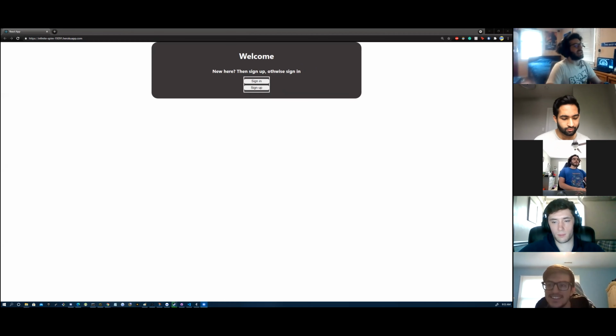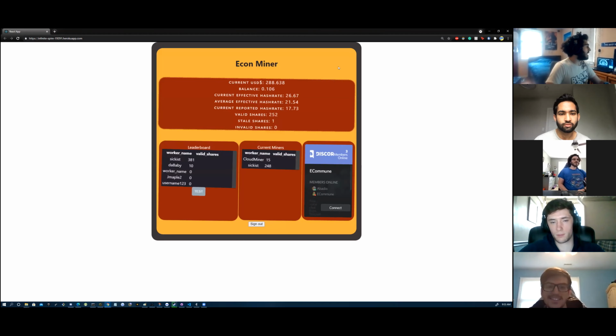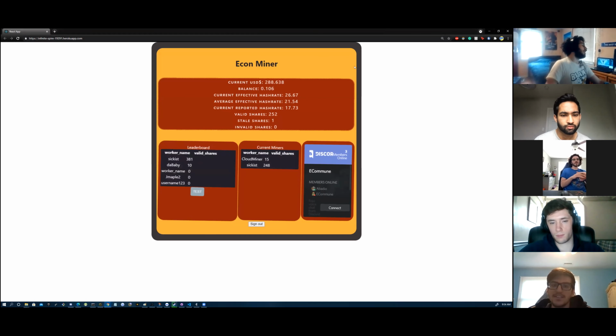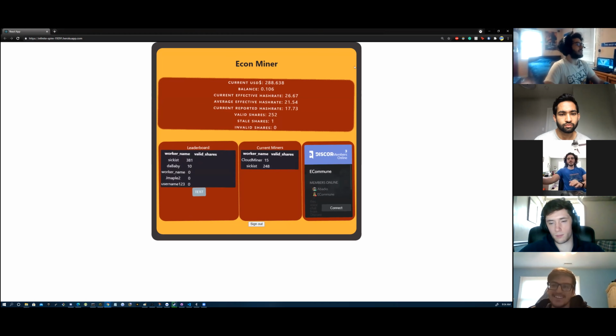And with all this excess sitting in people's homes, there's got to be a way to monetize that and make money off of it, while also letting the paying customer get something back, you know what I mean? So we came up with eCommune Miner here. It's essentially a Google sign-in system. It allows us to basically track individual users' progress with how much effort they contribute in mining power. It's essentially like Patreon, but for Ethereum mining.